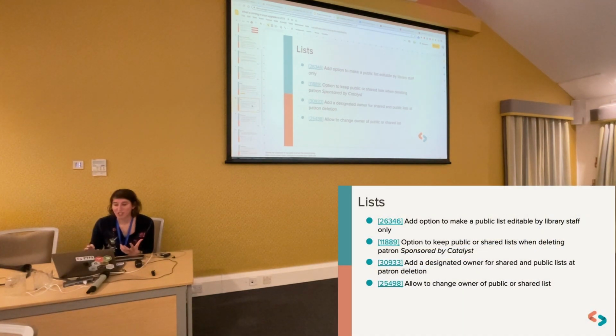There are new things coming to lists, and possibly that's something some of you have been eagerly waiting for. When you create a list and you're the owner of the list, you have options for who can actually edit it. And it was kind of missing an option of only being editable by library staff, so that option now exists. And you can also transfer ownership of a list, and you can do that also when the